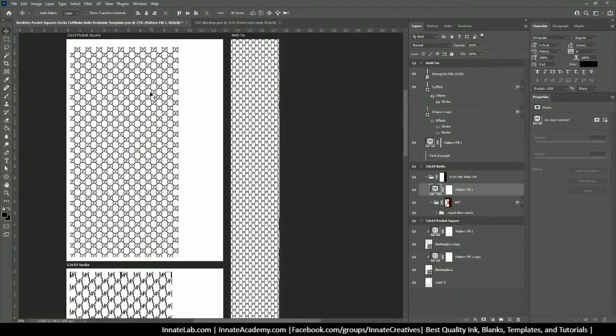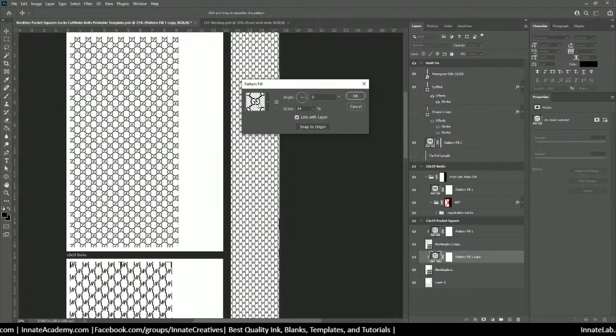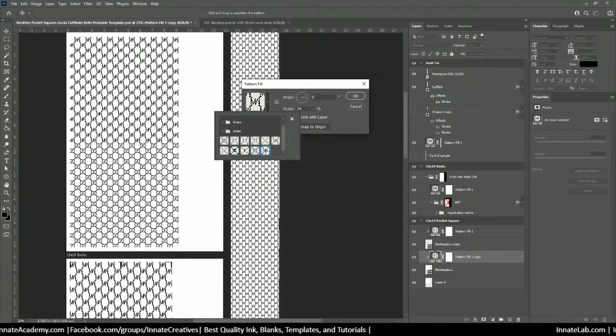All right, so this one is going to be the pocket square. So maybe I want the pocket square to have the same or maybe a little more size than the tie. We'll see. Let's go ahead and change that pattern fill out. Okay, and you notice it only changed one. So remember what I was telling you, you may want to have different patterns for the front and the back of the